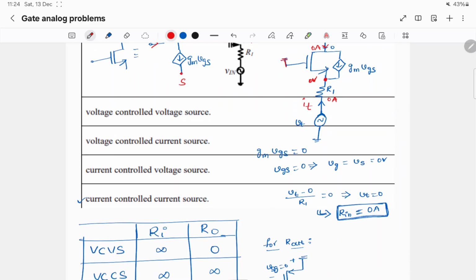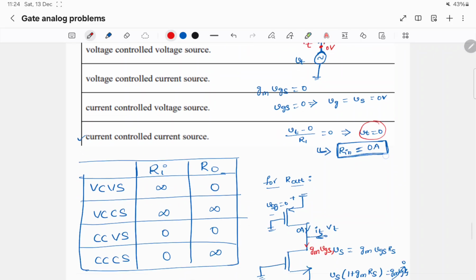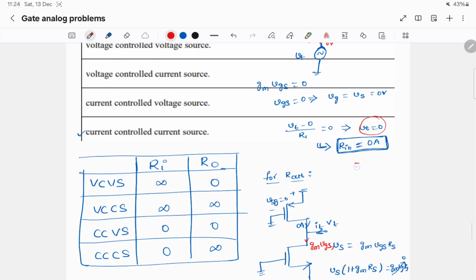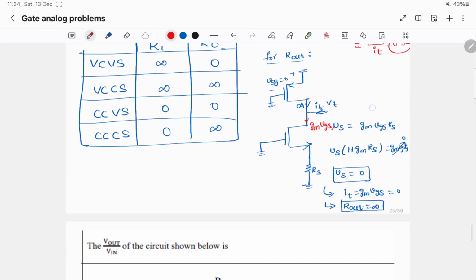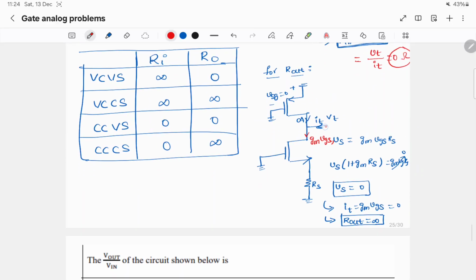So if Vs is 0 volts and no current is flowing in R1, that means this node potential has to be 0 volts, which is Vt, is 0 volts. So we know that Rn is Vt by It. Here Vt is 0, so Rn is 0 ohms. So the input impedance is 0 ohms, and for output impedance we'll apply a test voltage